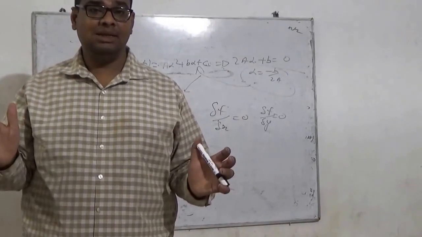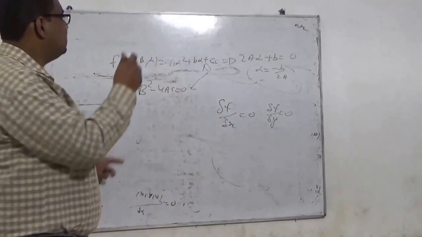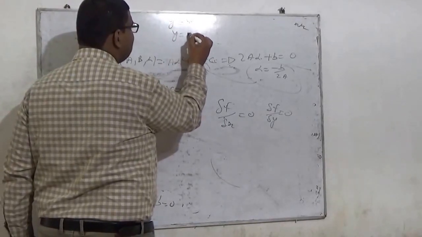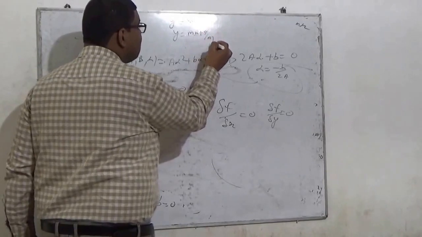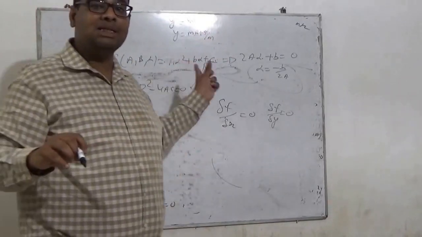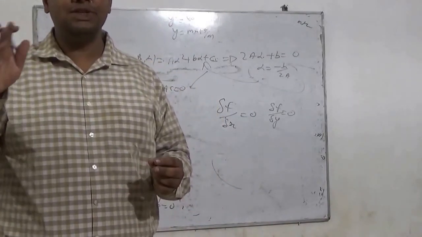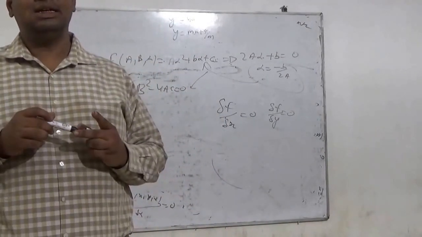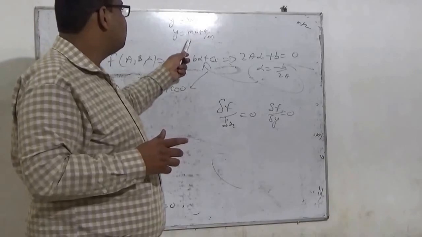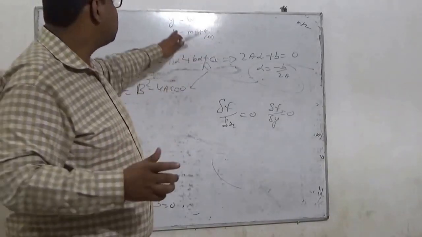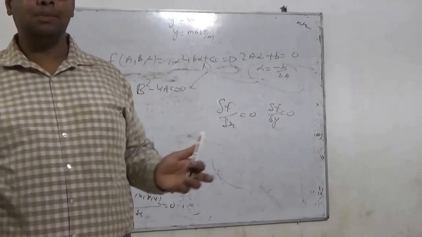As we have seen for y square equal to 4ax, y is equal to mx plus a by m. This is the equation of the condition of tangency, but m is the parameter. According to the values of m, there can be different equations of straight lines, different tangent lines. So this is the family of straight lines. When we eliminate m, we will get the corresponding curve, the corresponding envelope.